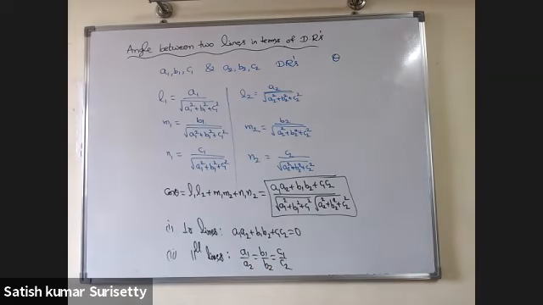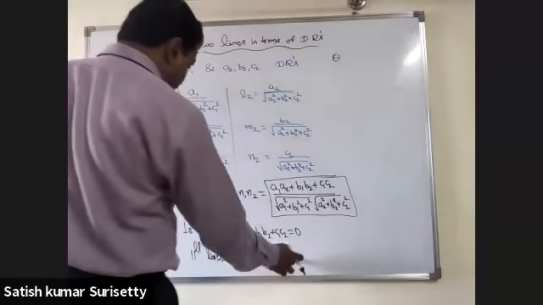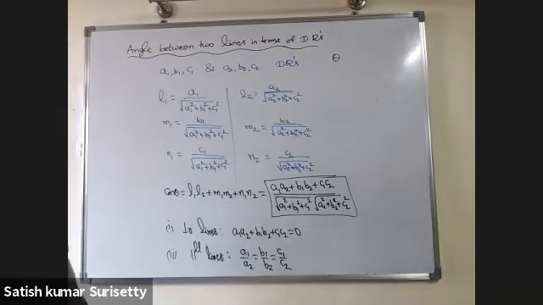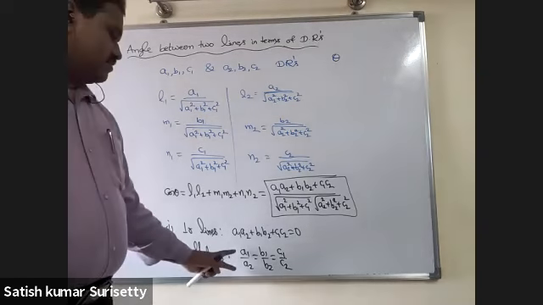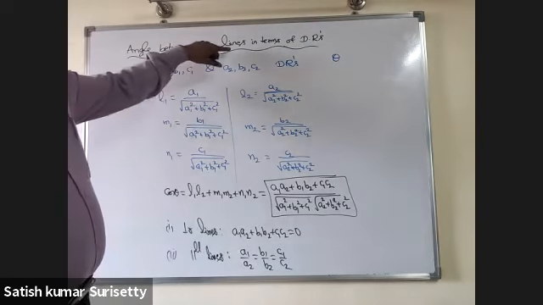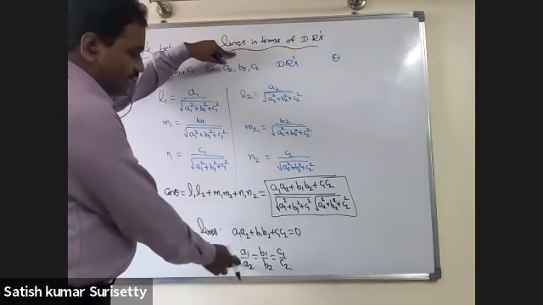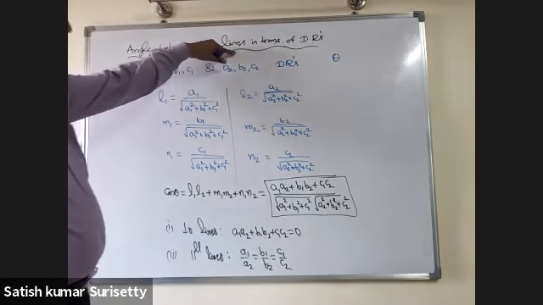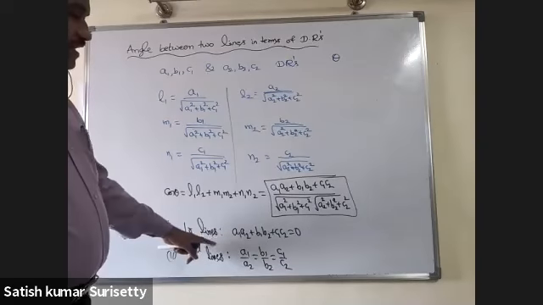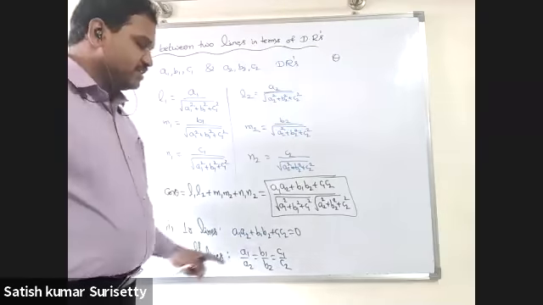You can use the previous formulas directly. But remember, here you cannot say plus or minus 1 equal to. That is only for direction cosines, not for direction ratios. So if the lines are parallel, direction ratios are in proportion. If the lines are perpendicular, then the sum of the products will be 0.